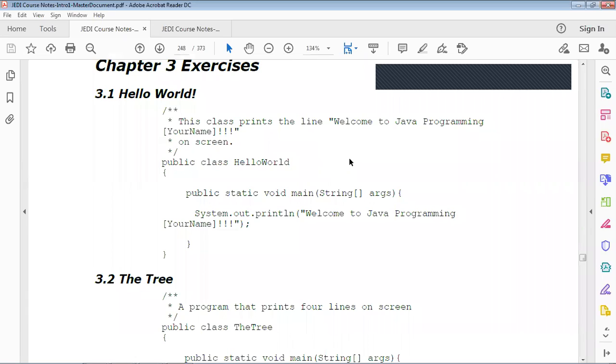The first example is a class that prints the line "Welcome to Java Programming" and then your name to display on the screen. We have a public class named HelloWorld, followed by public static void main(String[] args). The main starts here, the main program.